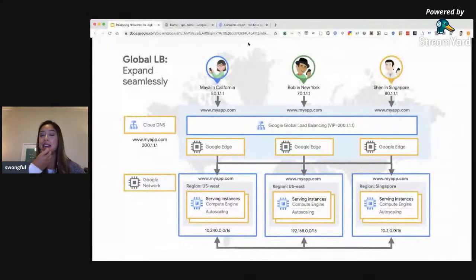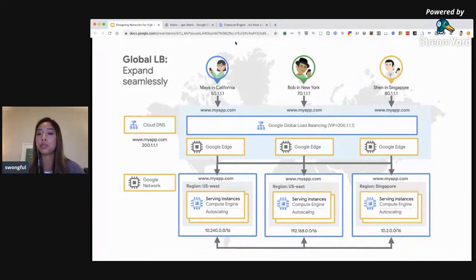So what that means is that if you're running, let's say, myapp.com, and you have users sitting in California, New York, and Singapore, they will always consistently be able to access the load balancer external IP address, which in this case is 200.1.1.1, and they won't have to reach a different external IP address for each backend sitting in their closest region. The benefit is that if one region goes down for whatever reason, network failure, or the backends became unhealthy, there's no manual intervention on your part that would need to update that stale DNS entry.